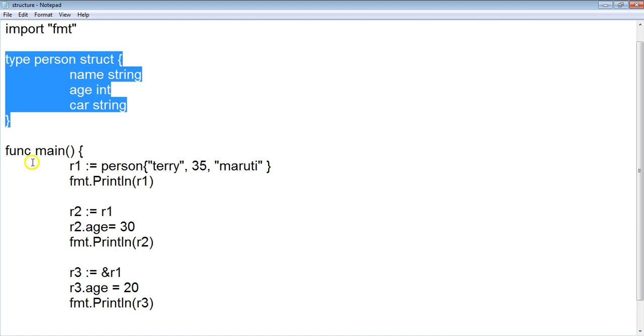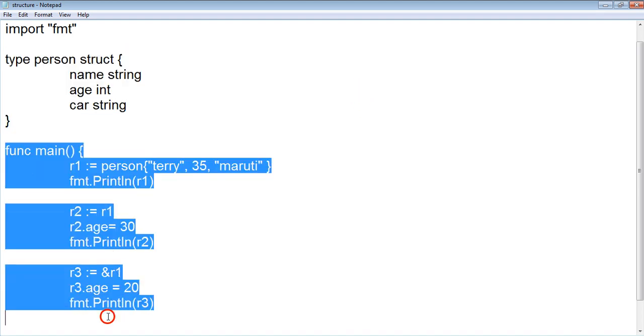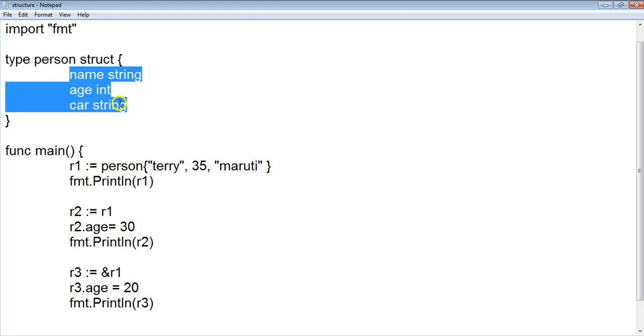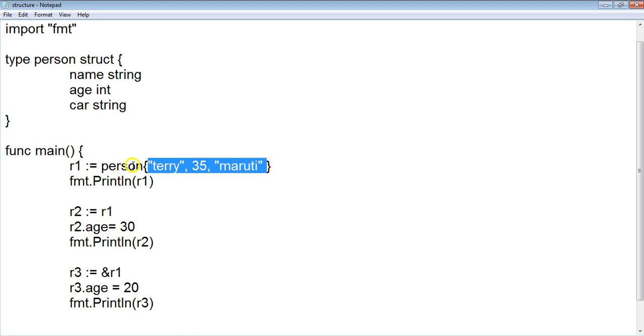Now we'll go to the main function. Here we have a variable r1, which is going to be assigned to the structure person, taking values for the structure. We have three data fields in this structure, so we'll have three arguments within this particular structure name, separated by commas, as you can see here.